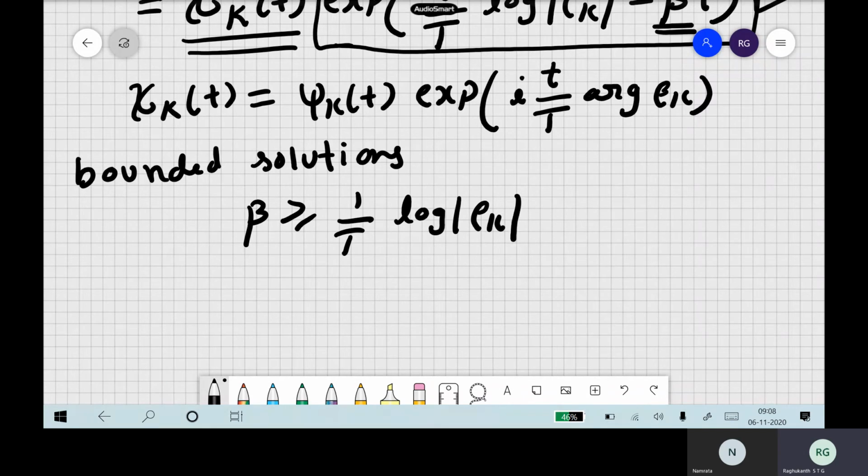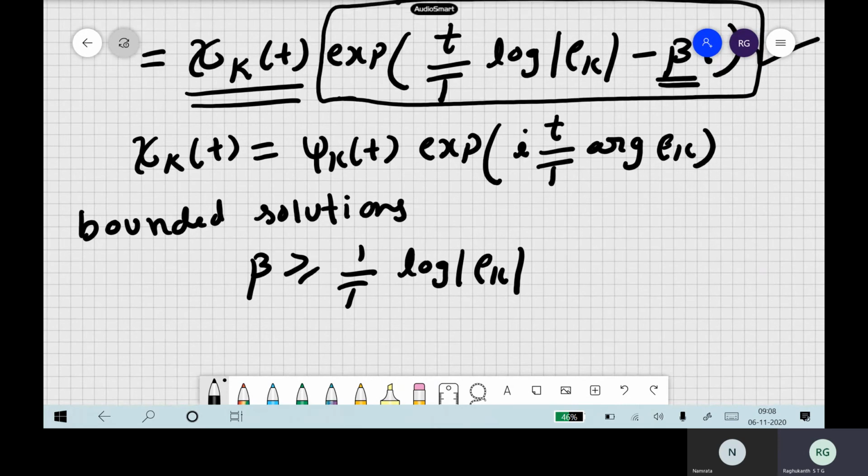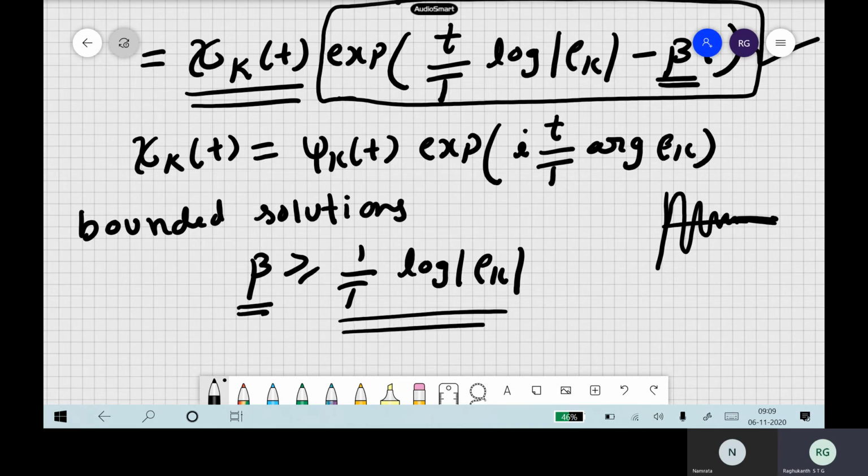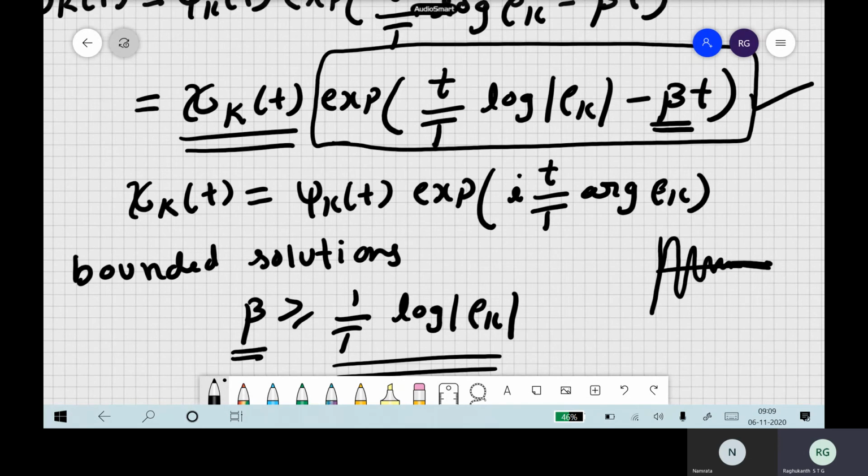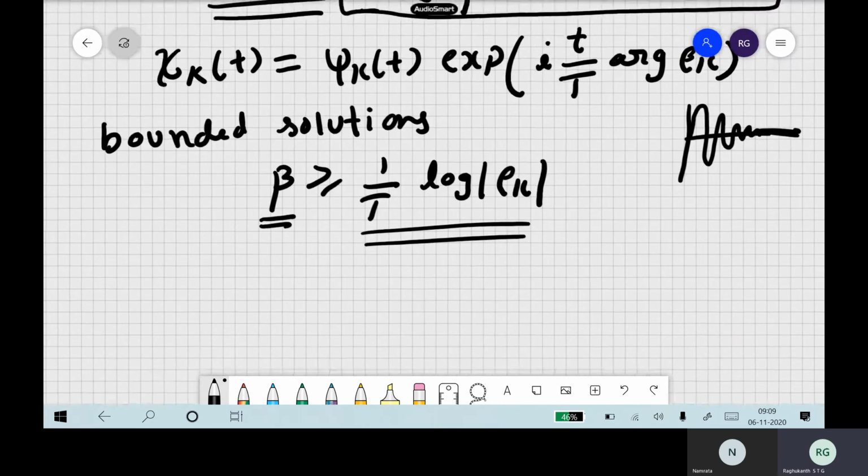Generally in structural dynamics, as you would have studied, whenever there is damping you will always get damped solutions, because damping automatically makes the system come back to zero itself. But when it comes to stability, there is a possibility that your system may become unstable although damping is there, but it depends on our β and this term. If β is less than this one, then in the exponent you will get a positive term, so there is still a chance of instability coming into our calculations.